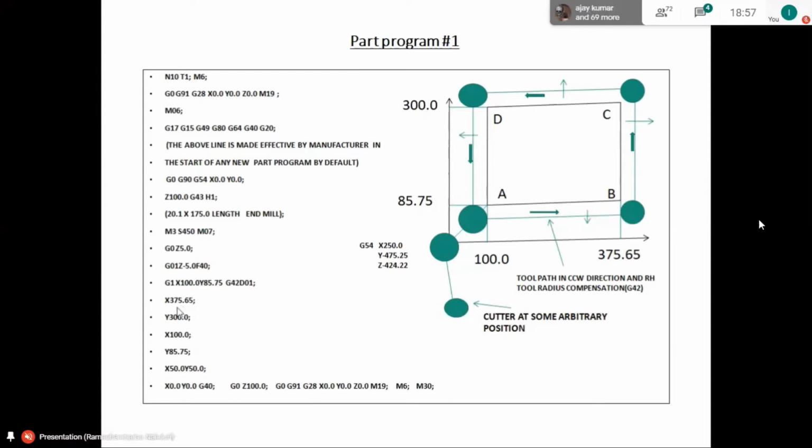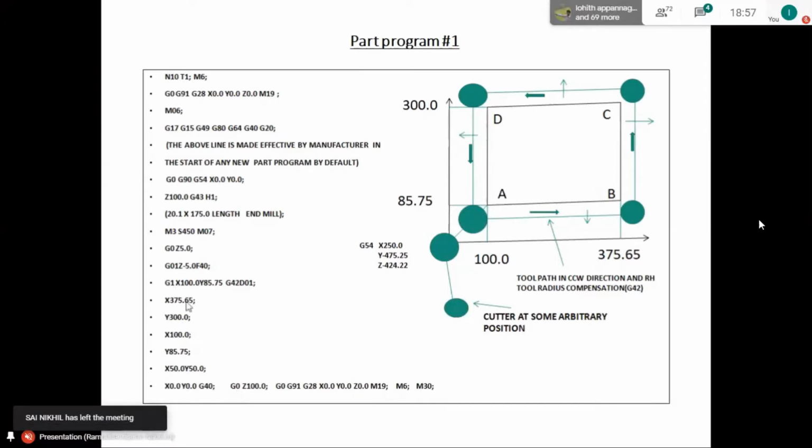So the next coordinate is X 375.65 and the Y value will be the same. Here I have not given any G code. In the previous line, I have given G1. This same G1 or G01 command will be effective for all the successive lines, until and unless another G code appears.